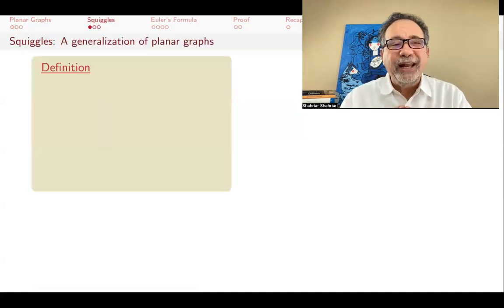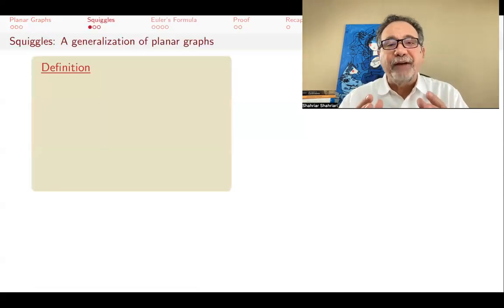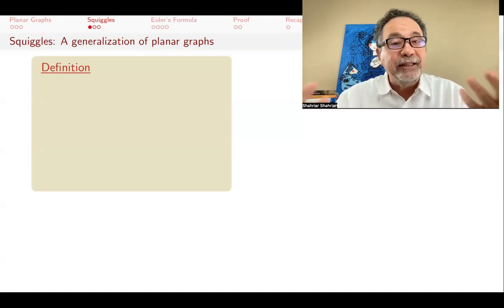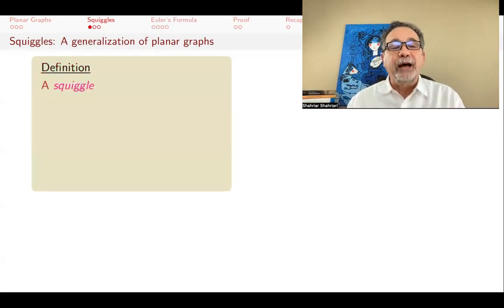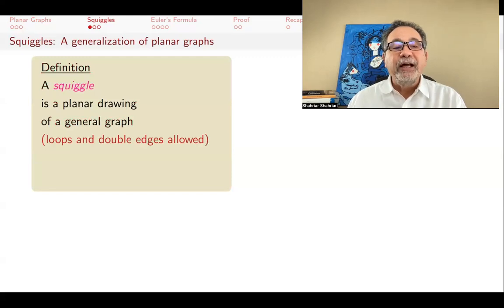In this lecture, we actually want a generalization of planar graphs. First of all, we want to allow non-connected graphs, graphs with different connected components, but we also want to allow some other things. We give this the name squiggle. So a squiggle is a plane drawing of a general graph, and it's a general graph, so I'm allowing loops and double edges. But we allow a finite number of